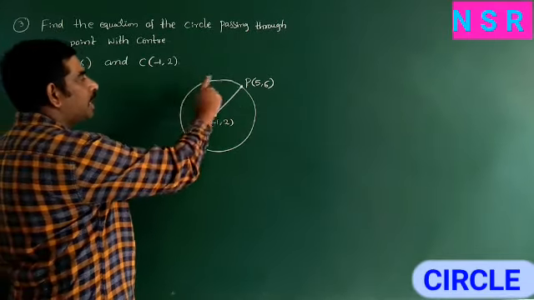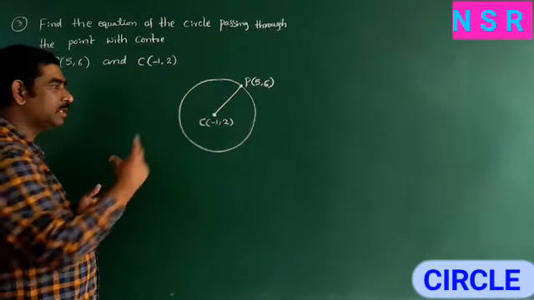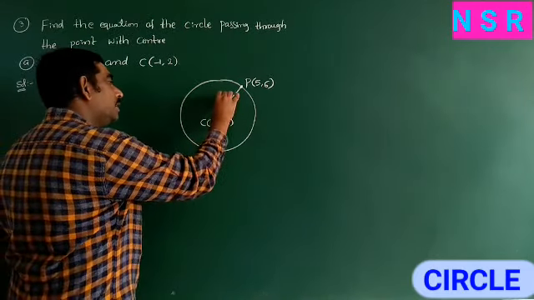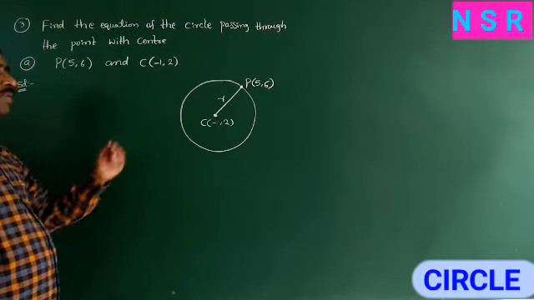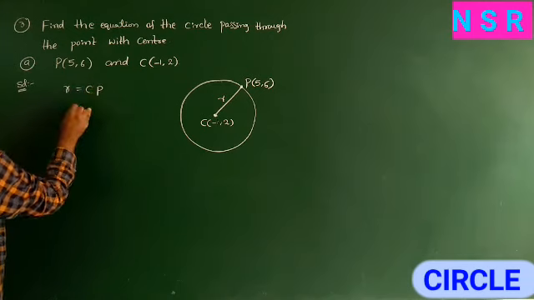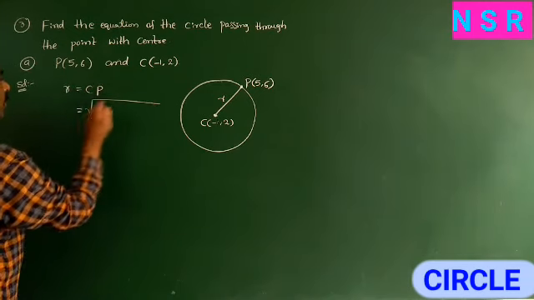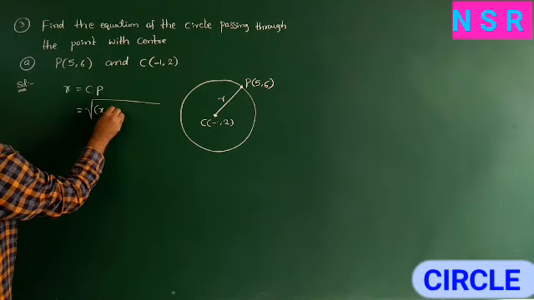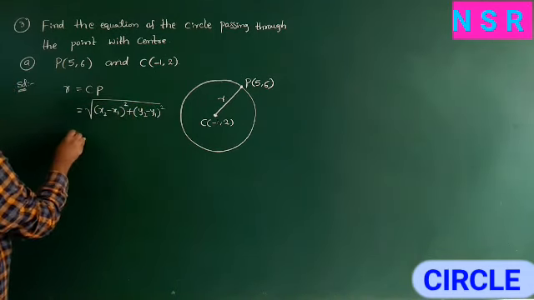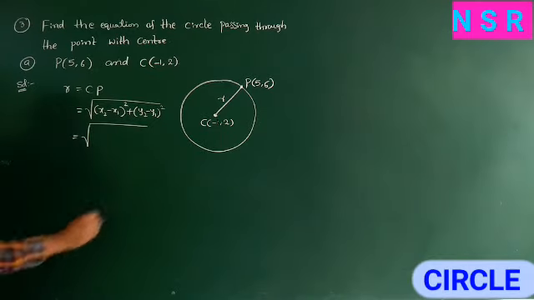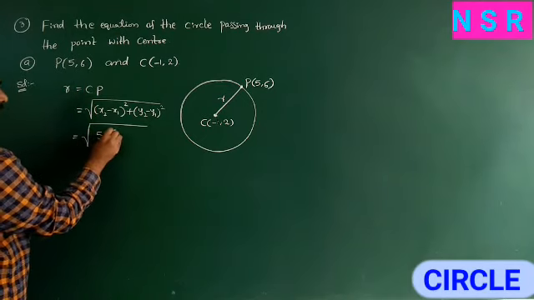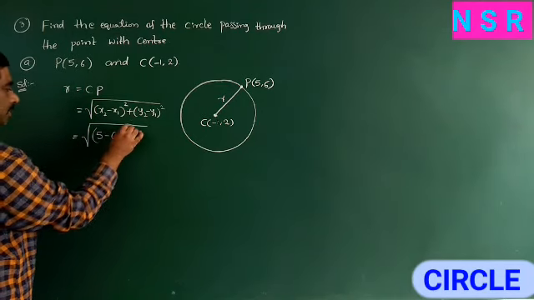So this circle passes through the point (5, 6). The distance between C and P is equal to the radius. So first find the radius. Here, radius is equal to CP distance. Now apply the distance formula: square root of (x2 minus x1) whole square plus (y2 minus y1) whole square. Now under the root, with x1, y1, x2, y2, so x2 minus x1 is 5 minus of minus 1, whole square